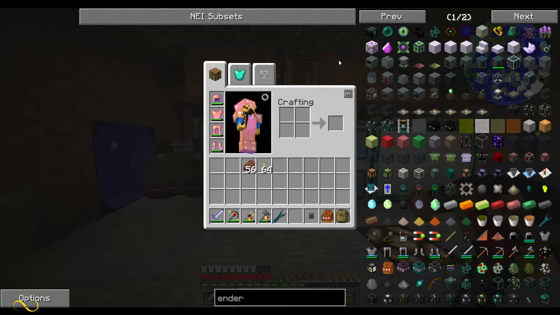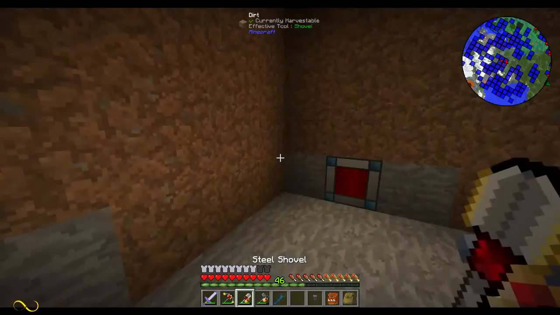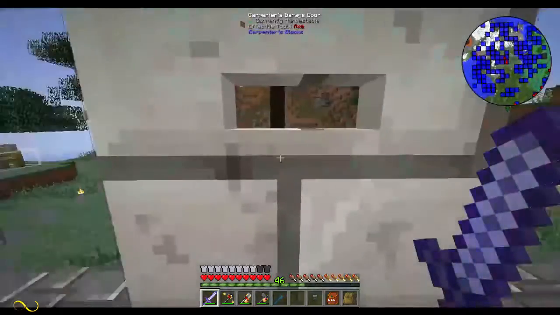So I've got a bit of work to do with Ender IO, and I'm not sure how much of that I'm going to do off camera. I might just set it up and then show it off and work on the next project. I'm a little wary to build it too much above ground. I think what I have to do next...